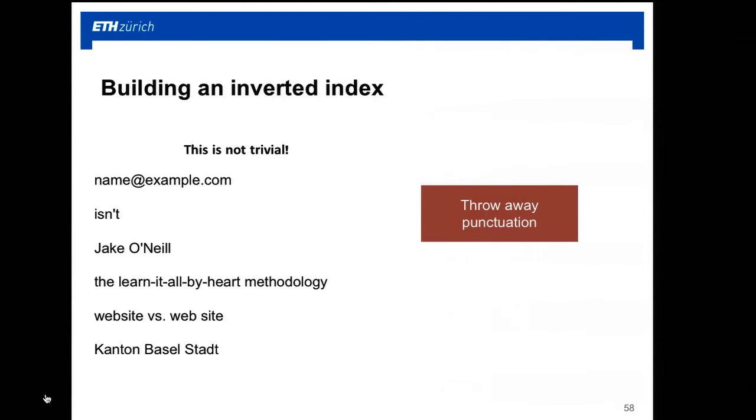Dashes are very complex in English because technically there is no absolute rule on how to use them. I could also have written this without any dash. The basic rule about dashes is just that you put them where it helps make the sentence clearer to read. But the problem is that in that case, it's pretty obvious that you may want to throw away the dashes and index the term all by one by